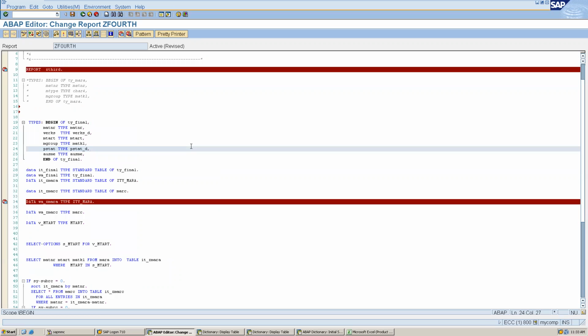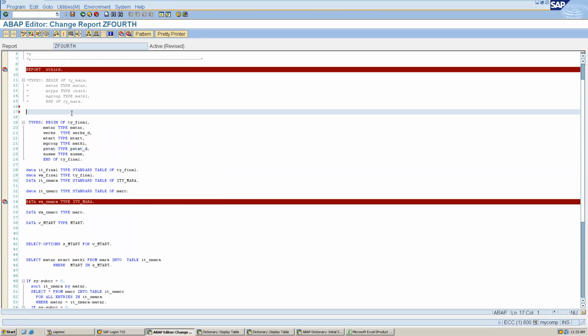Okay, so here we can create an include program, and we can name it like include, third underscore, anything we can do. So first we can write, for example, top.